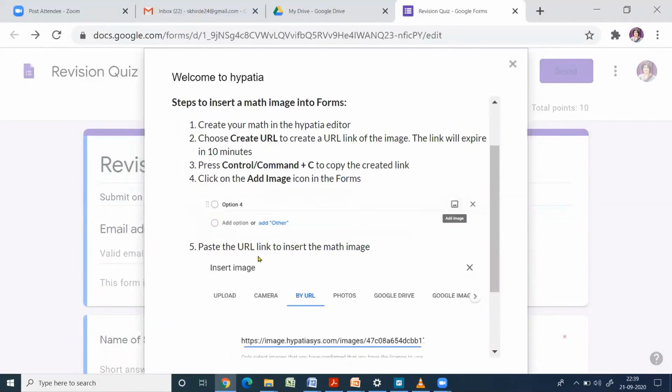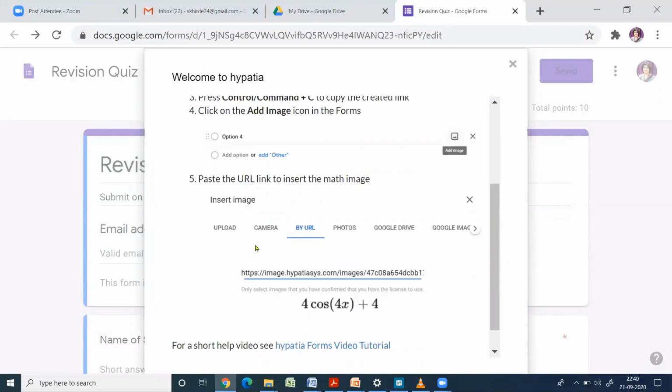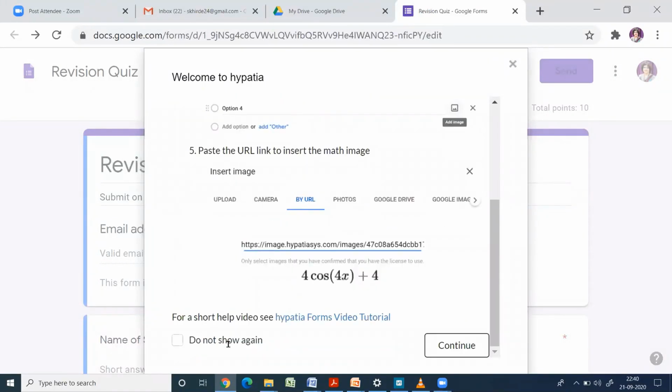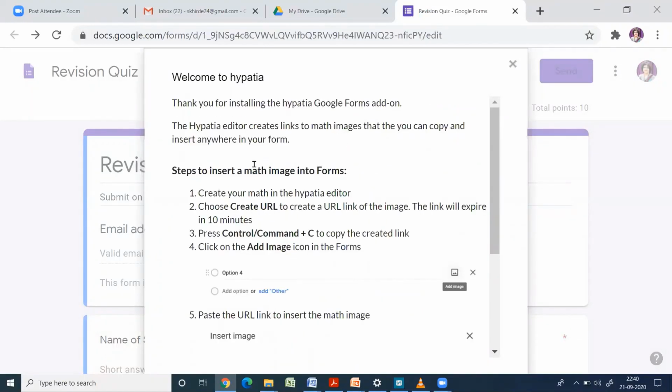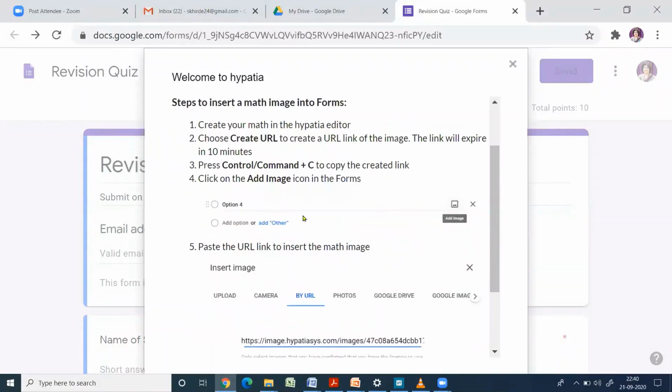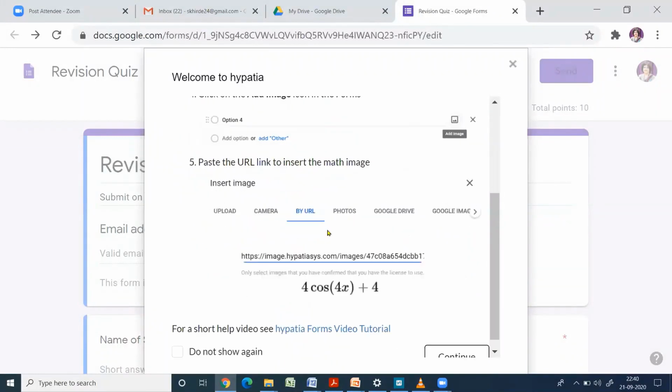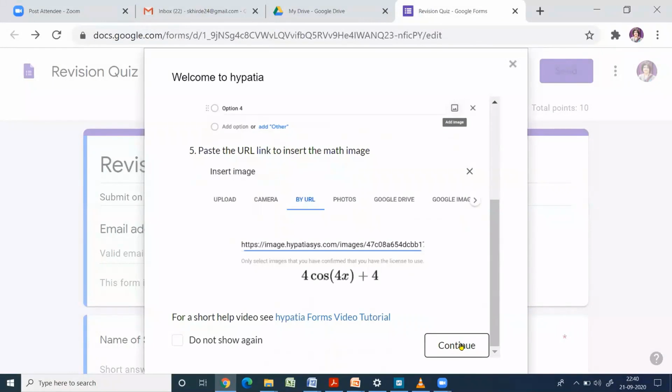Please don't click on this, Don't show again. Otherwise it will not appear again. So this is very important, how to insert the equation in your Google quiz. So read this and then click on continue. Once you click on continue,